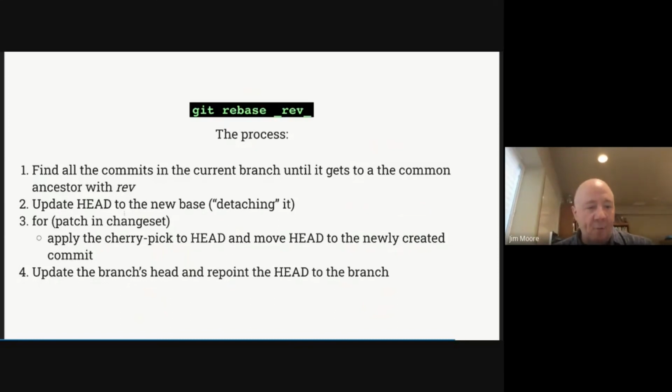And then for every patch in that change set, we'll take a look at exactly what this looks like in just a moment, you apply the cherry pick to the head and move the head to the newly created commit, and then you update the branch's head to repoint to the head of the branch. Those are four extremely simple steps, but it makes less sense here. It'll make a lot more sense when we take a look at the graph.